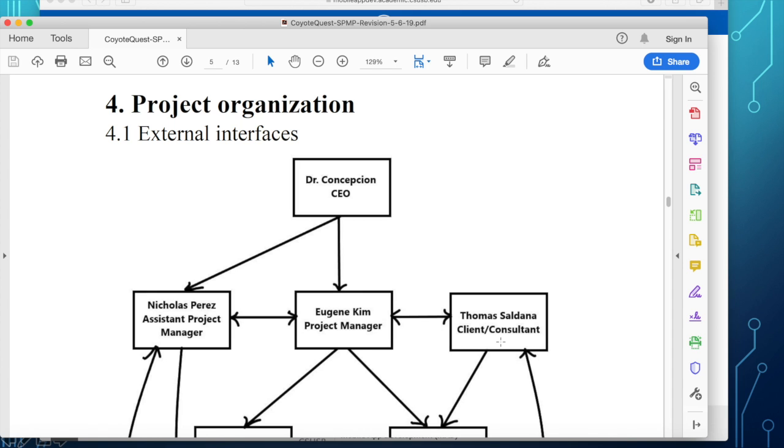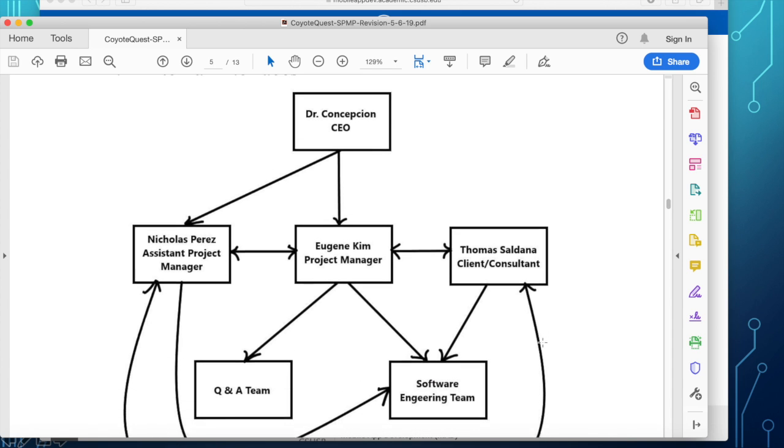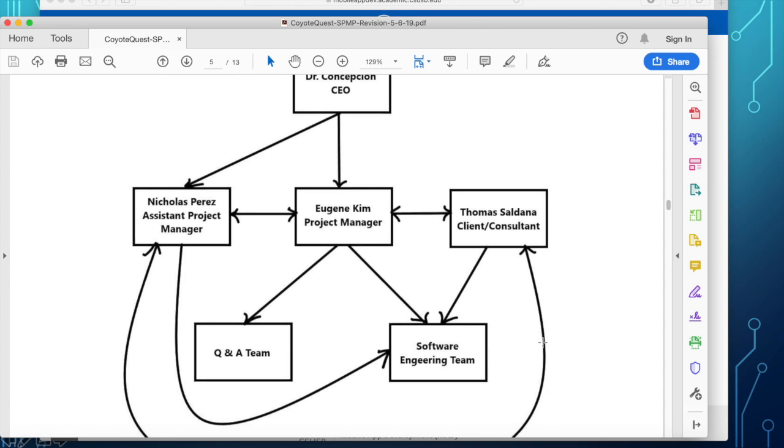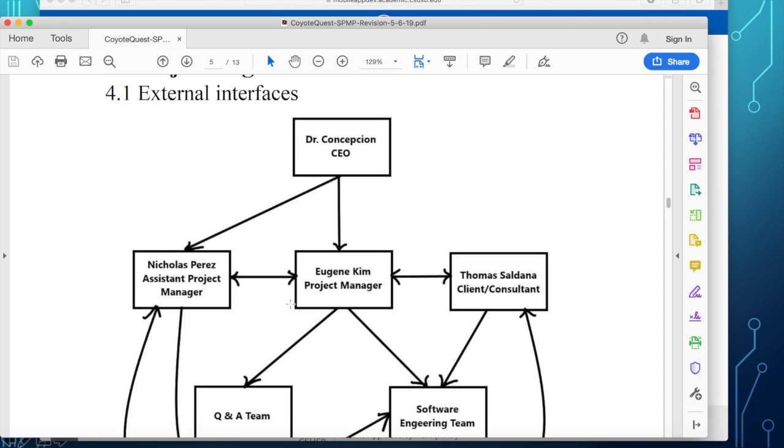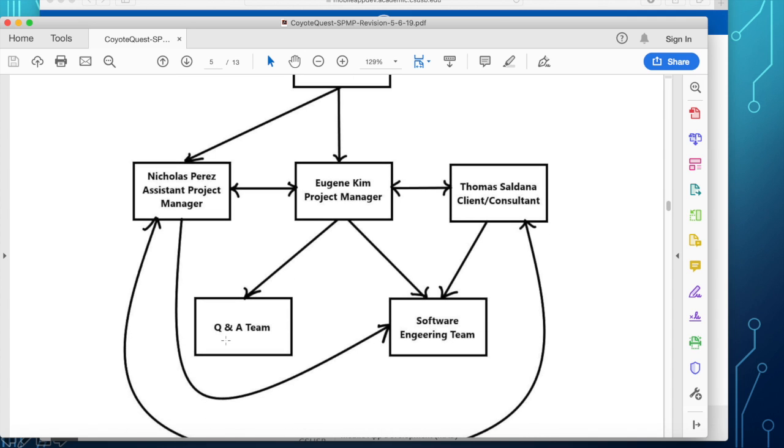So you see here that the assistant project manager and the project manager communicates with me externally. The QA team communicates with the project manager right here. And the software engineering team as a whole communicates with the client.